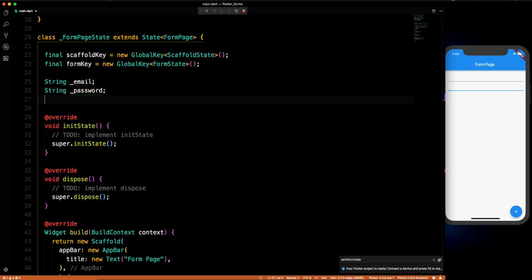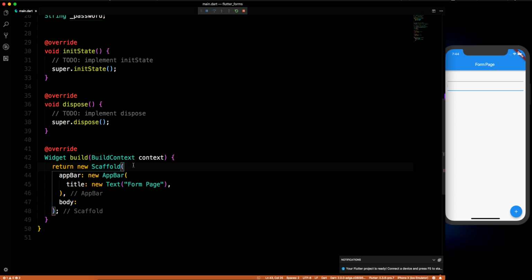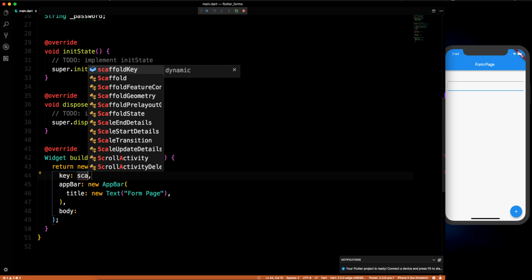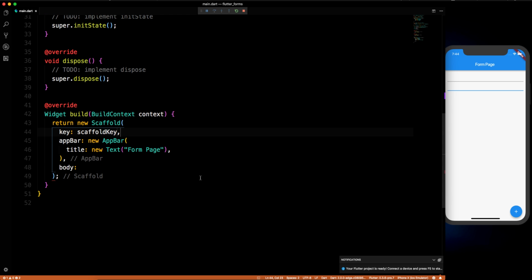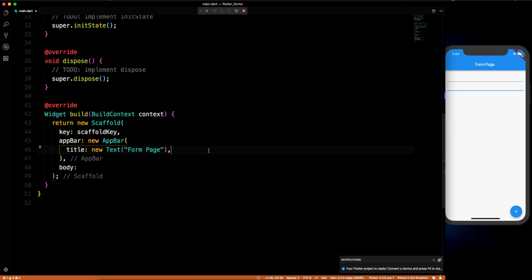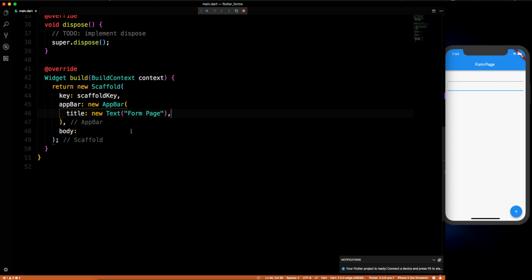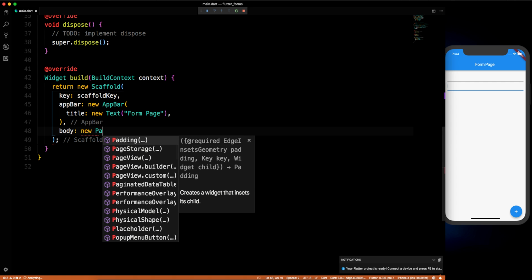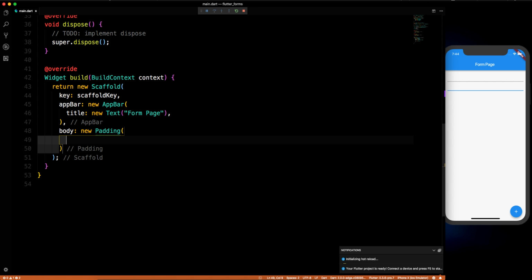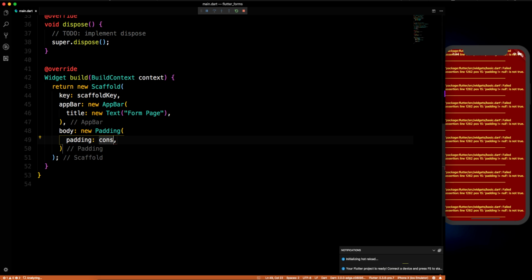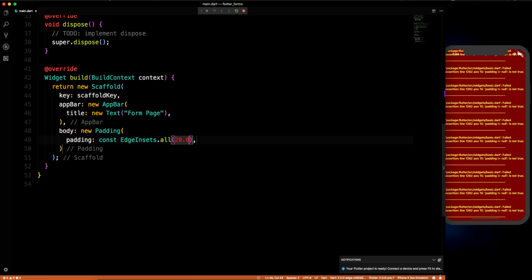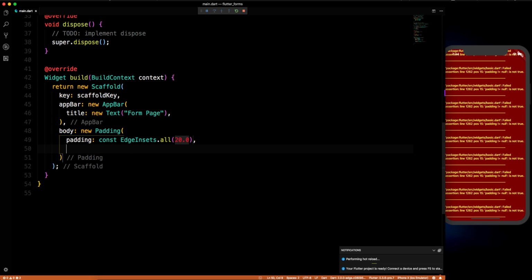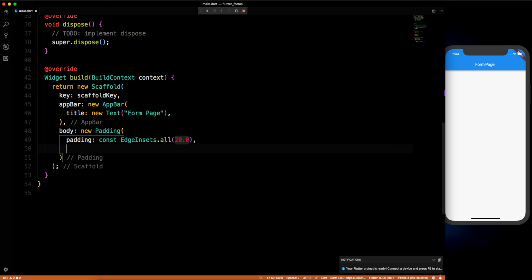Now let's build the UI for this. In this scaffold I can give it a key, so here I will pass the scaffold key. We have the app bar already, so for the form page title we can leave it like this. Now in the body let's add some padding first of all. I can give it padding from all sides. Let's give it a padding of 20. And now we can again use the same